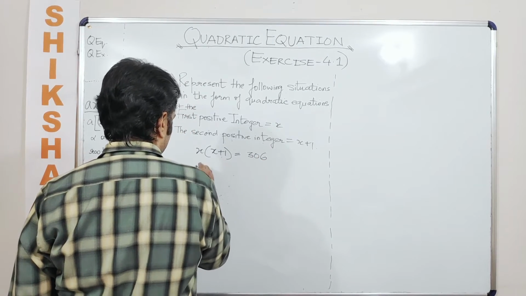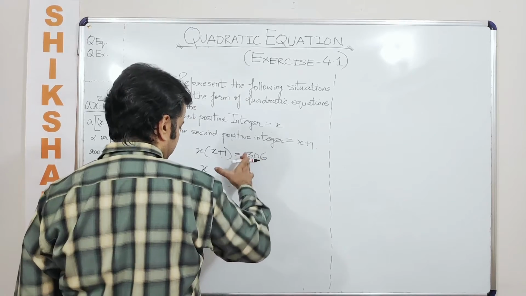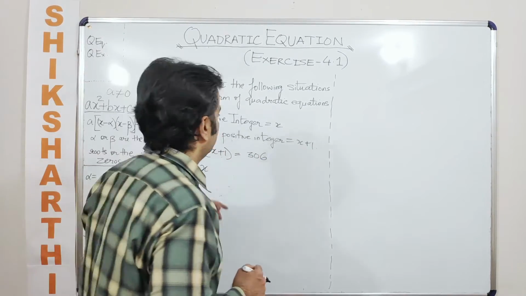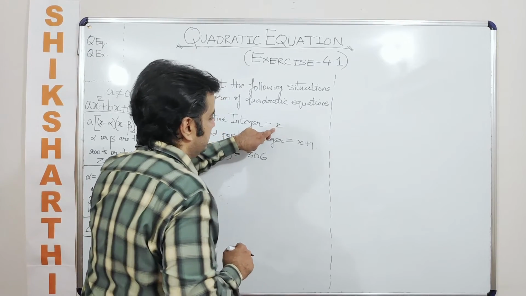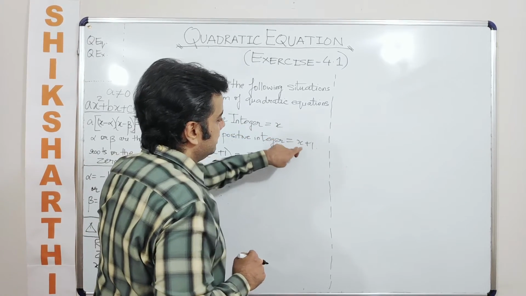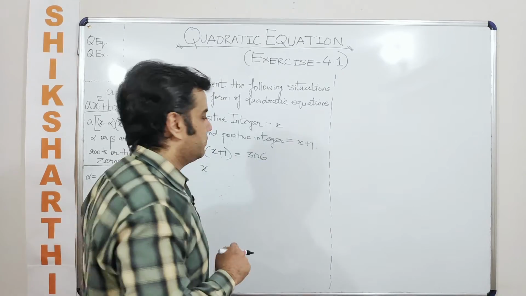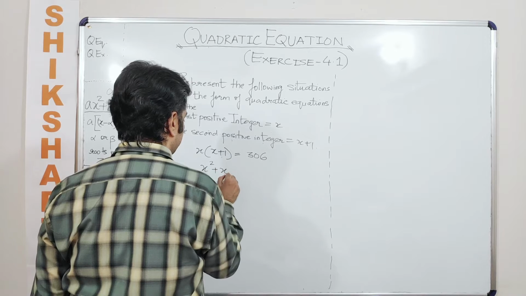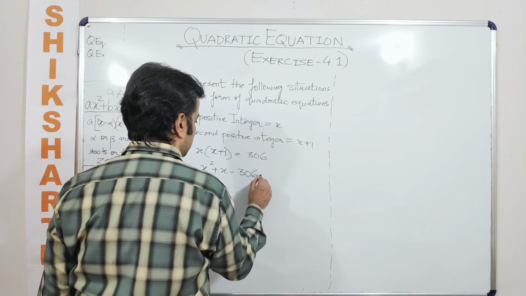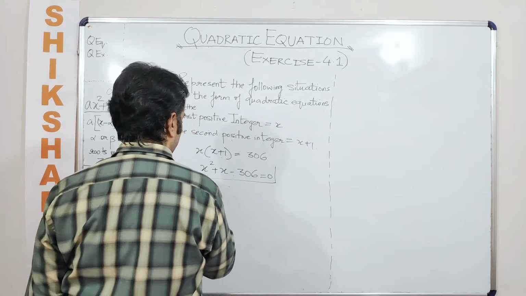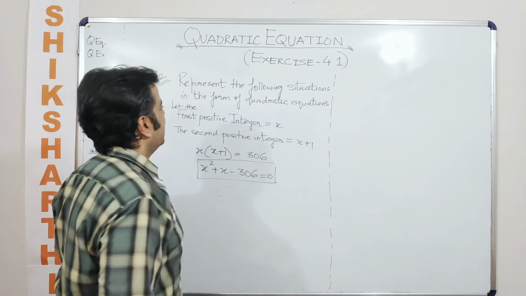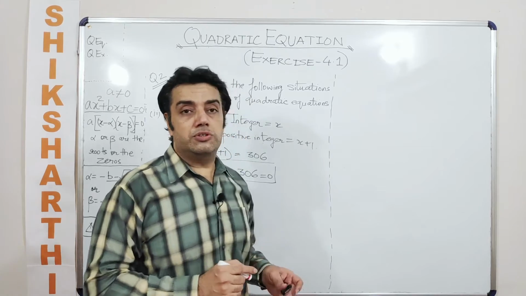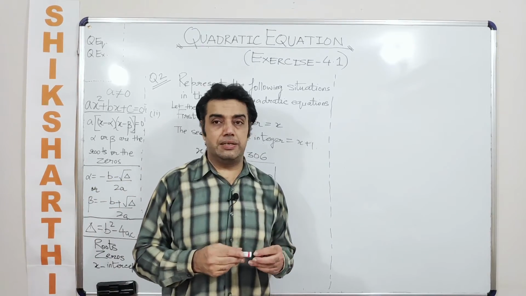So now solving this or making it as an equation so that we can find out the zeros. So what are you supposed to do in this question? You are supposed to find out the zeros first, and once you find out the zero, then the other zero here would be x plus 1. Okay, so this becomes x square plus x minus 306 is what you need to solve. You need to solve for the zeros of x, and it says just represent. It does not ask me to solve the question. So which is why now we are moving on to subpart 3.